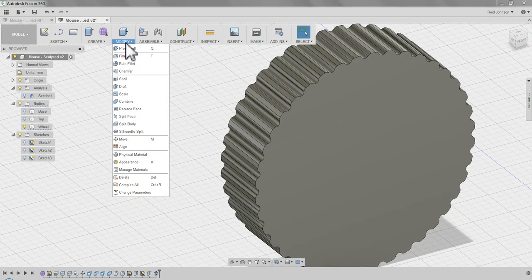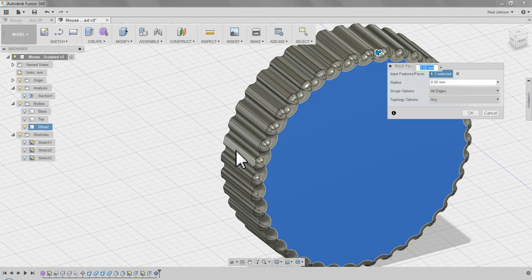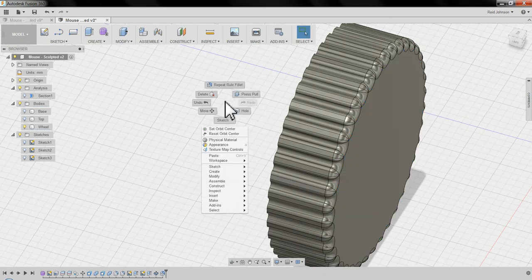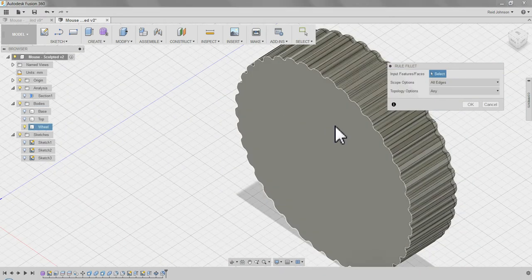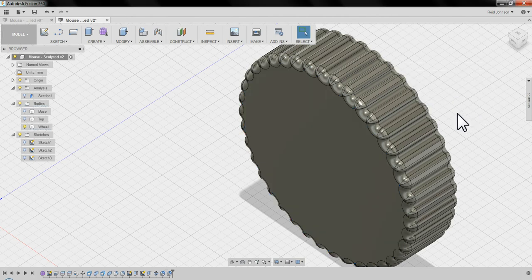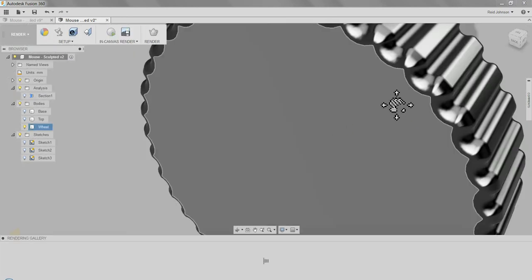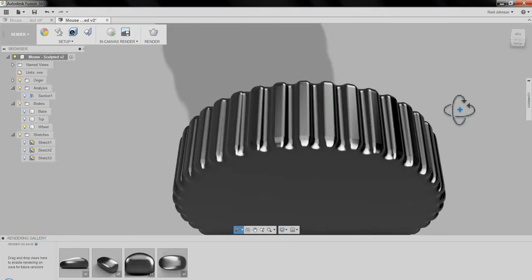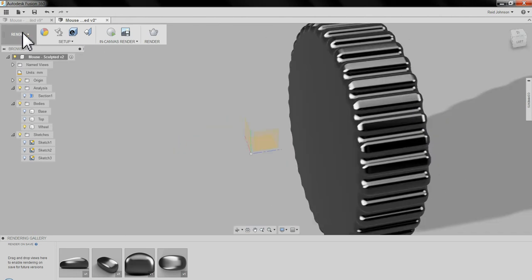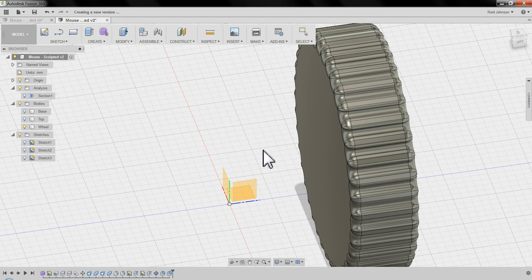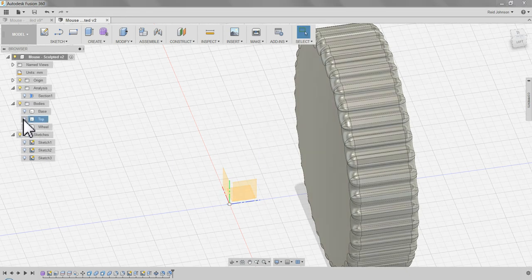Next, I want to come back in and add a rule fillet and fillet one side of the wheel. Then right click and repeat that, and the other side. Make it smooth all around. And you notice in the render environment, it's going to give a nice clean edge all the way around. Now with that wheel, I'm going to go ahead and save. Now the next step is to take your top